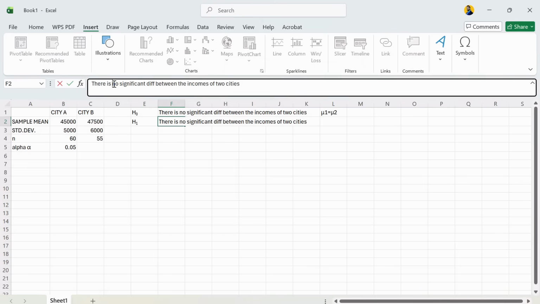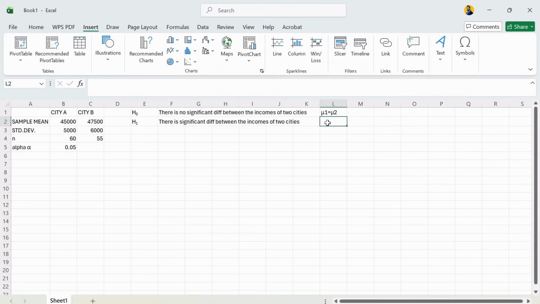Just remove the "no", because the alternative hypothesis is just the reverse or opposite of the null hypothesis. So we have just removed the "no" term from the statement. Our alternative hypothesis states that there is a significant difference between the income of the two cities. And to write this scenario, I will just copy this,